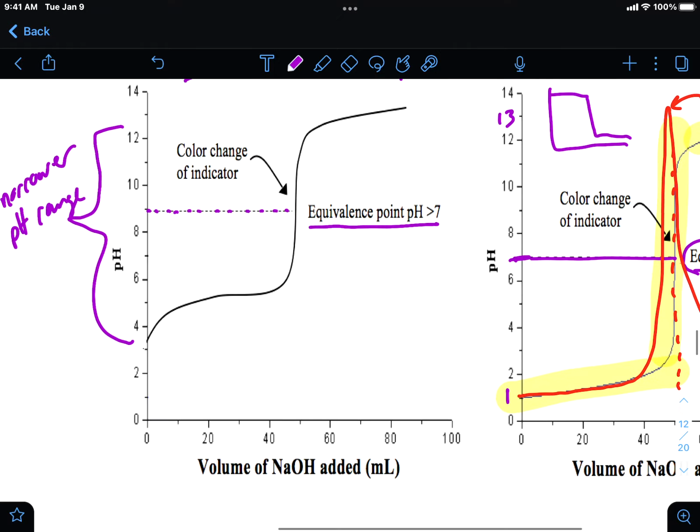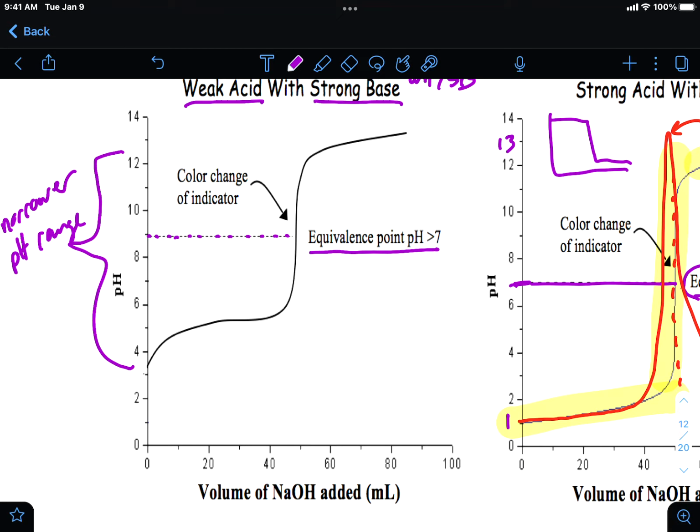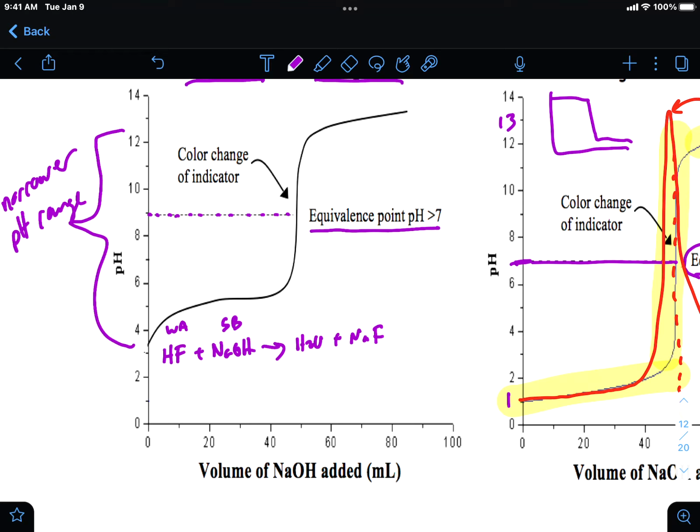And so to explain that, we need to evaluate what we know about salts and about certain acids. So let's say that my weak acid that I'm using, let's just say I'm using HF. So here's the reaction. HF plus NaOH. Okay, so HF is my weak acid, NaOH is my strong base. So the products are going to be water and NaF. Okay? Now, what you should know is that